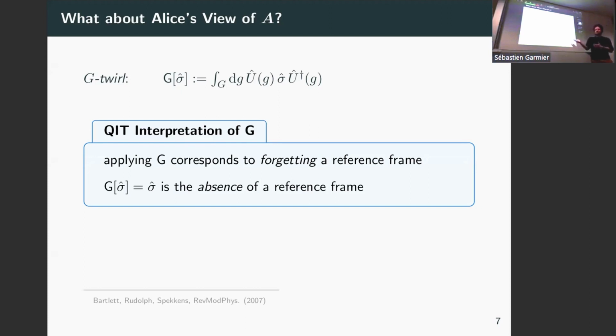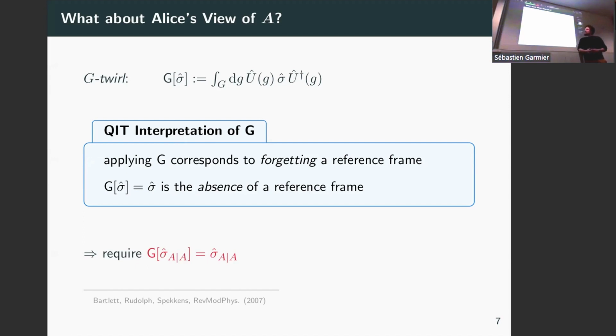And it can help us to answer this question about Alice's own frame from her point of view. We've said that she cannot use her own frame to observe itself. So she essentially doesn't have a frame to observe her frame. So there's the absence of a frame. So what we really need is that the part of her state that describes her own reference frame must be invariant under this cheat world. Okay, so this was just to show you the beauty of quantum information theory and how it comes in nicely in this framework.